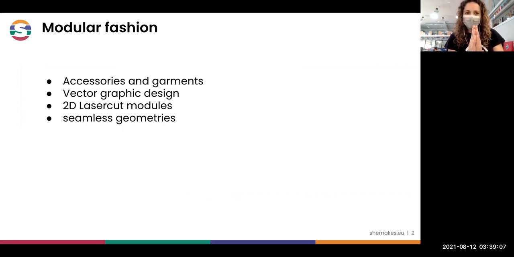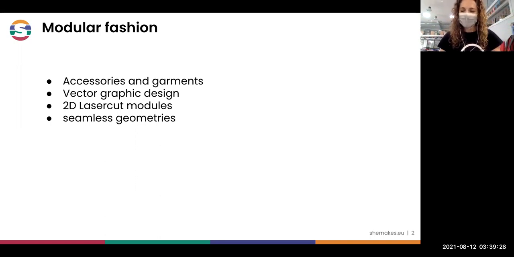So this workshop is called Modular Fashion because we are trying to make that one of the most, sorry, because the words don't come to my brain. The thing is that one of the most, I don't know how to say that in English, but this is one of the industries that causes more pollution in the planet. That is the fashion, is the textile industry.